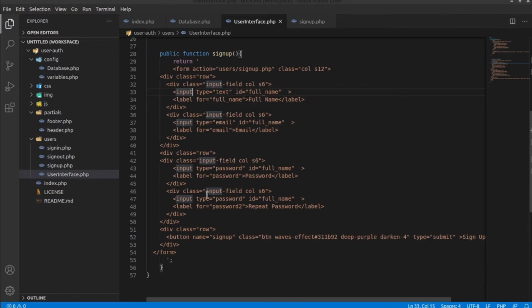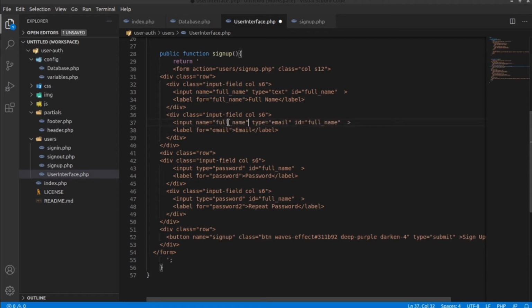We need to give this name attribute to all of our inputs. So for full name, just write name is equal to full underscore name. Copy this name attribute and paste it for all our input fields.